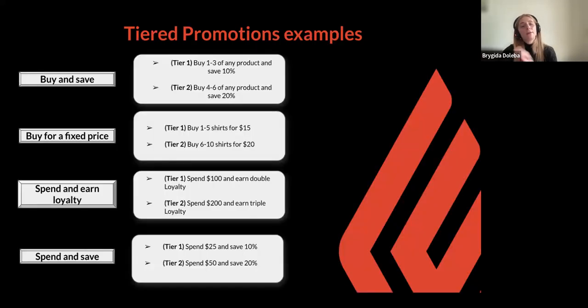So let's see a few examples of the tiered promotions that we have here. The first one is the buy and save option. In tier 1, the customer would buy between 1 to 3 of any product and they would save 10%. In tier 2, however, they would buy 4 to 6 products of any item, and they would save 20% instead. On the second option here, buy for a fixed price, the customer would need to buy between 1 to 5 shirts for $15, and in tier 2, they would buy between 6 to 10 shirts for the total price